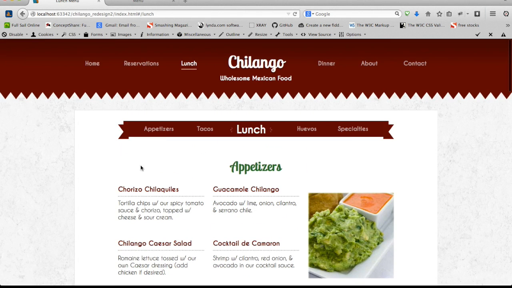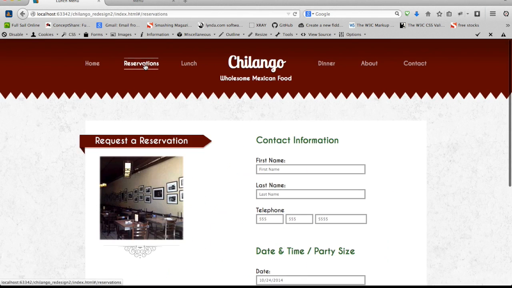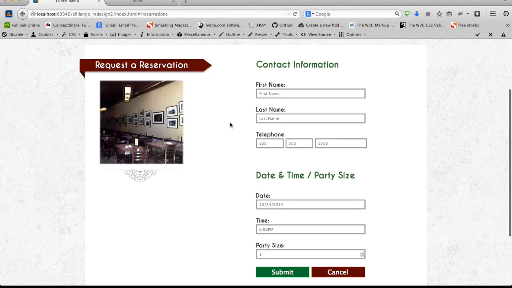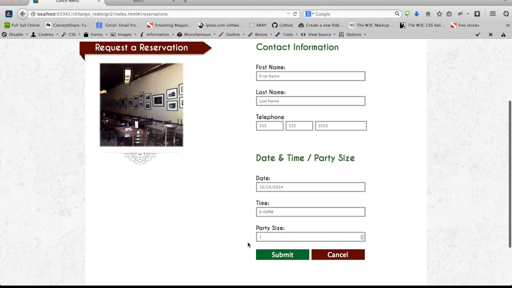And I also completed the reservations page. I took a little bit of critique from one of our classmates. I was going to have an Angular form fill out over here reflecting what the user had inputted and give them a print option. But rather than do that, I'm going to have it to where when they click on submit, it will bring up a modal